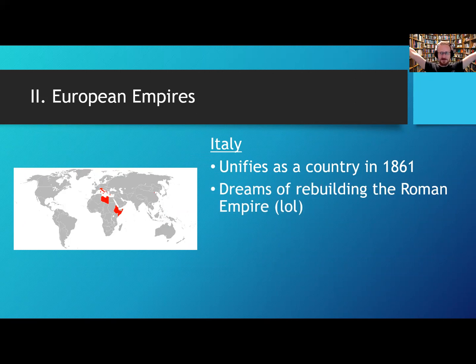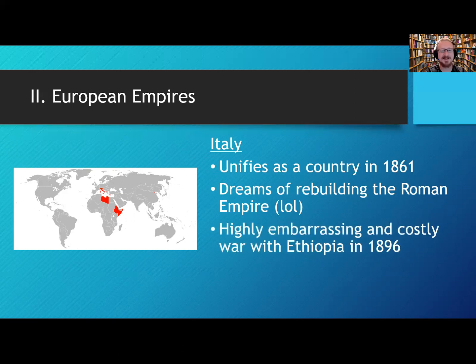Italy has these aspirations of rebuilding the Roman Empire, which is pretty laughable because a lot of the old Roman Empire was pre-Iron Age tribal areas in France and Britain and Germany. And now all those nations are more advanced than Italy is. So for Italy to dream of rebuilding the Roman Empire is a little silly because you've got competition. Your former Roman imperial territories are now all grown up and they have bigger guns than you do. So, yeah. But what Italy settles for is